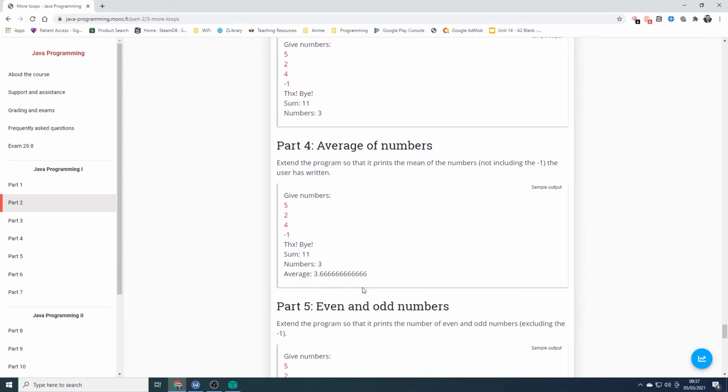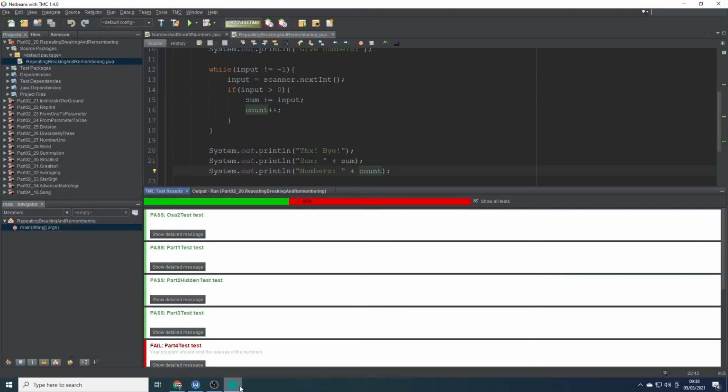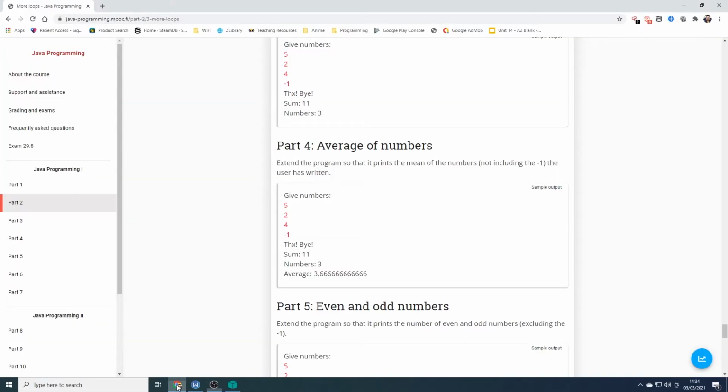So now we need an average. Okay, so this one is using double. So we could multiply the value by 1.0, and then that would convert it to a double. Right, let's go back here. Okay, so let's get this started. So we need the average, which is just that there. So let's take that,